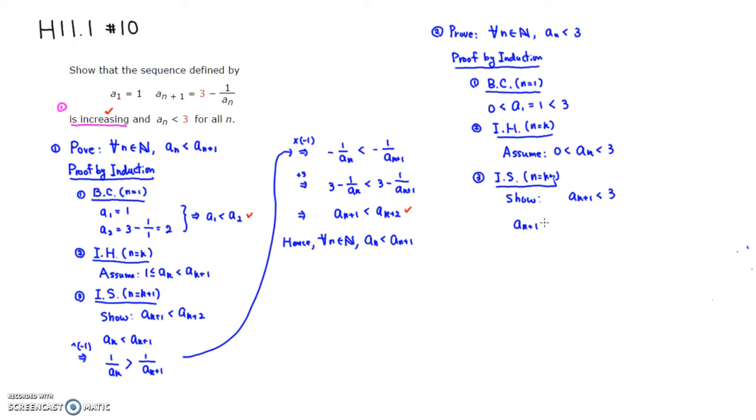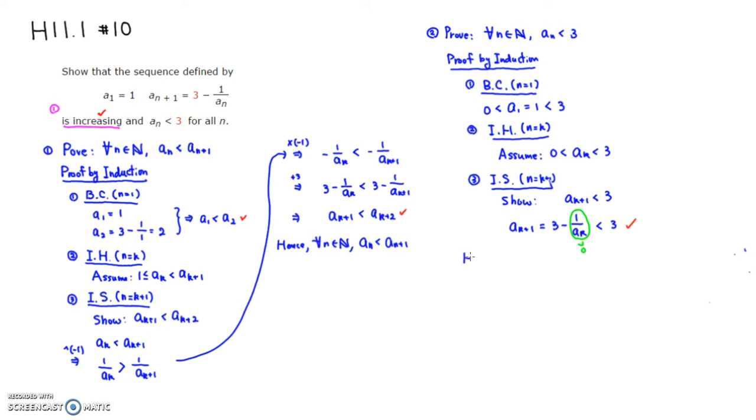Right, by definition, this is 3 minus 1 over AK. Right? But since AK is a positive quantity, you are subtracting a positive quantity. So definitely this is going to be smaller than 3 because you're subtracting a positive quantity from 3. So it's going to be less than 3, right? And that verifies it. So therefore, we know that, so hence, we can say hence,